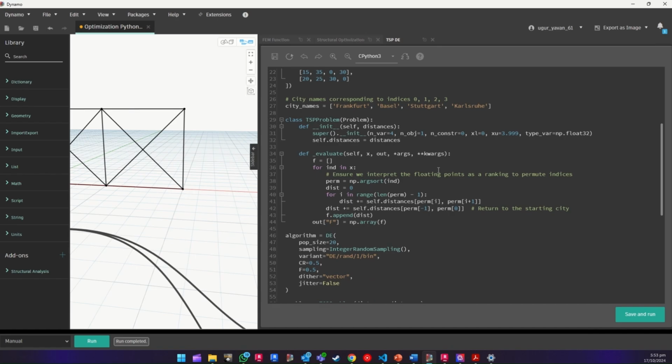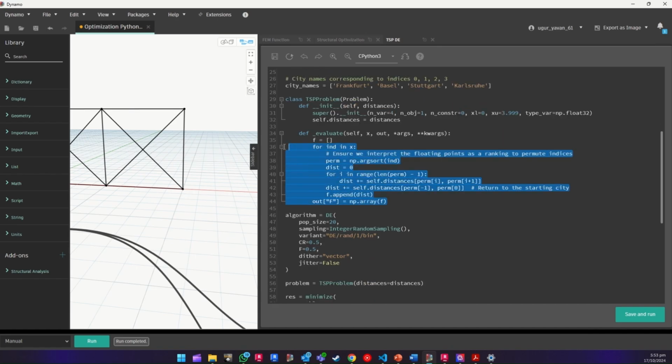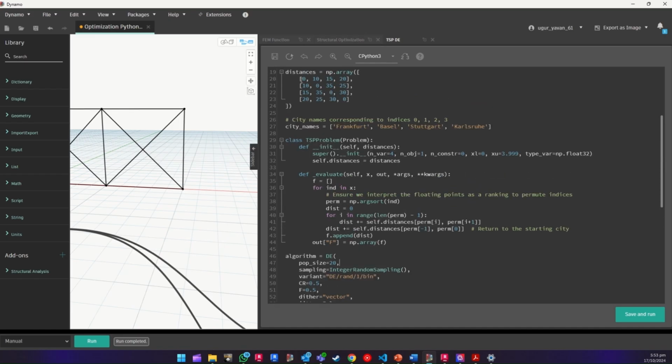Nevertheless, then we have to define the problem. Here we are defining our problem. Basically, if you choose a path, then it is calculating the distances, and based on the distance, it is giving a fitness function to that. For example,